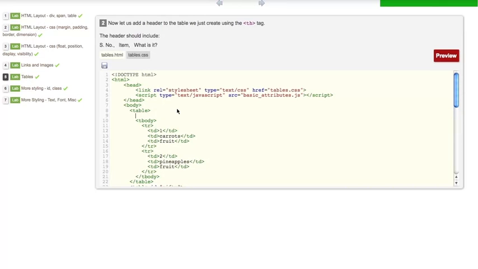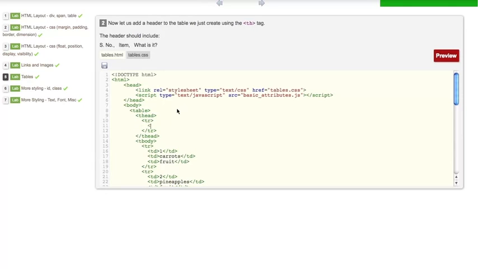The heading section begins with the thead tag and ends with the thead tag, right? And within the heading section, you will also use the tr tag to signify a particular row. So if in case you want to have 2 headings, for whatever reason, you'll have 2 tr elements.